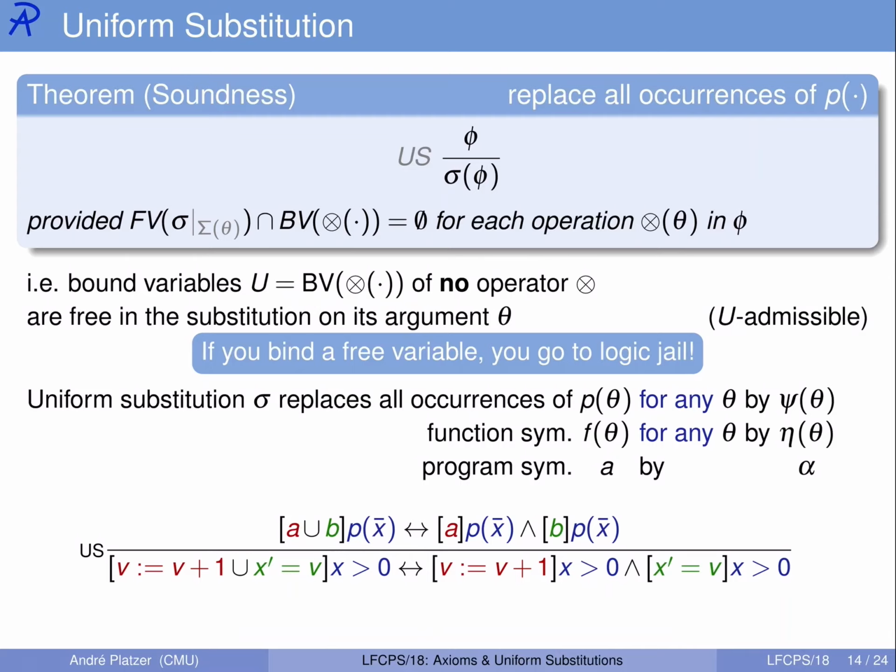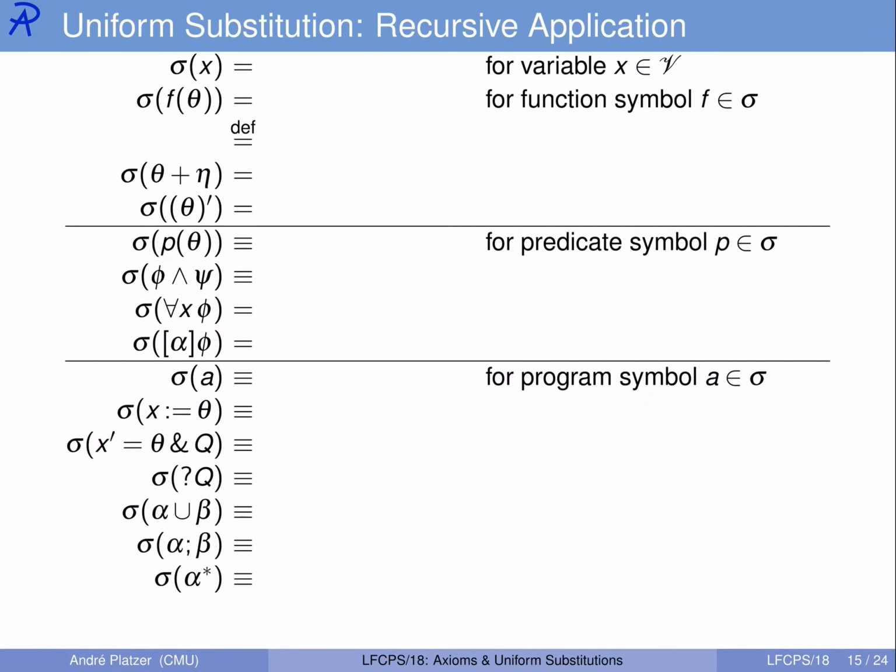Let's list those conditions explicitly by defining the result of running a substitution over formula phi, which of course we define by induction on the shape of the formula phi, just recursively covering each case. And we have to do so for terms, for formulas, and for hybrid programs. What is the result of running a uniform substitution on a variable? Well, it's the thing itself, because uniform substitutions only replace function symbols and predicate symbols and program symbols, but leave